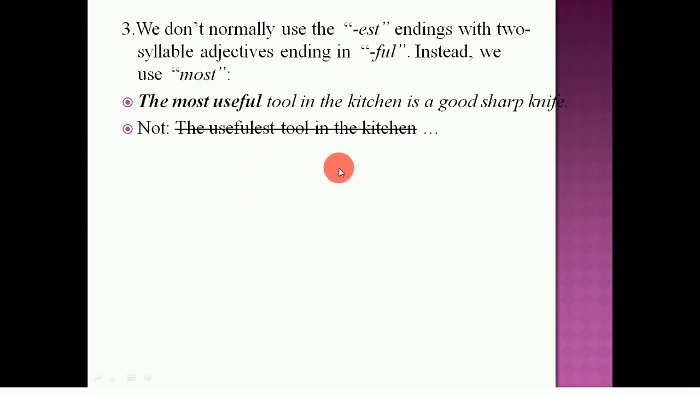For example, the most useful tool in the kitchen is a good sharp knife. ما نقولوش the usefulest. اوكي مع انه useful فيه 2 syllables. اوكي بصح اي adjective فيه 2 syllables بصح يخلص بالsuffix full يعتبر انه long adjective. طبق عليه القاعدة تاع long adjective يعني زيد له the most. اوكي